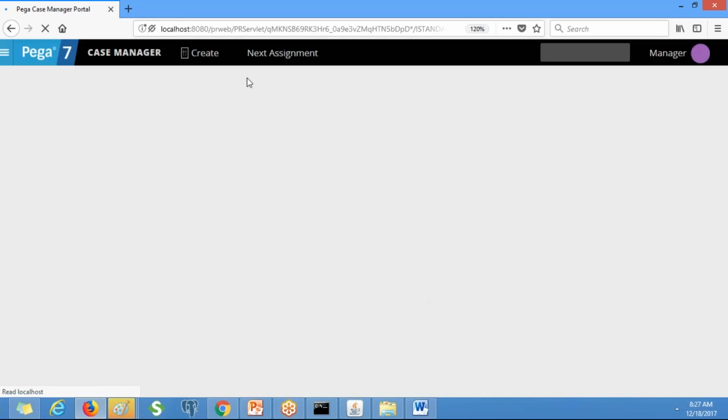All the delegated rules will be available under the configuration option. So go to the dashboard.